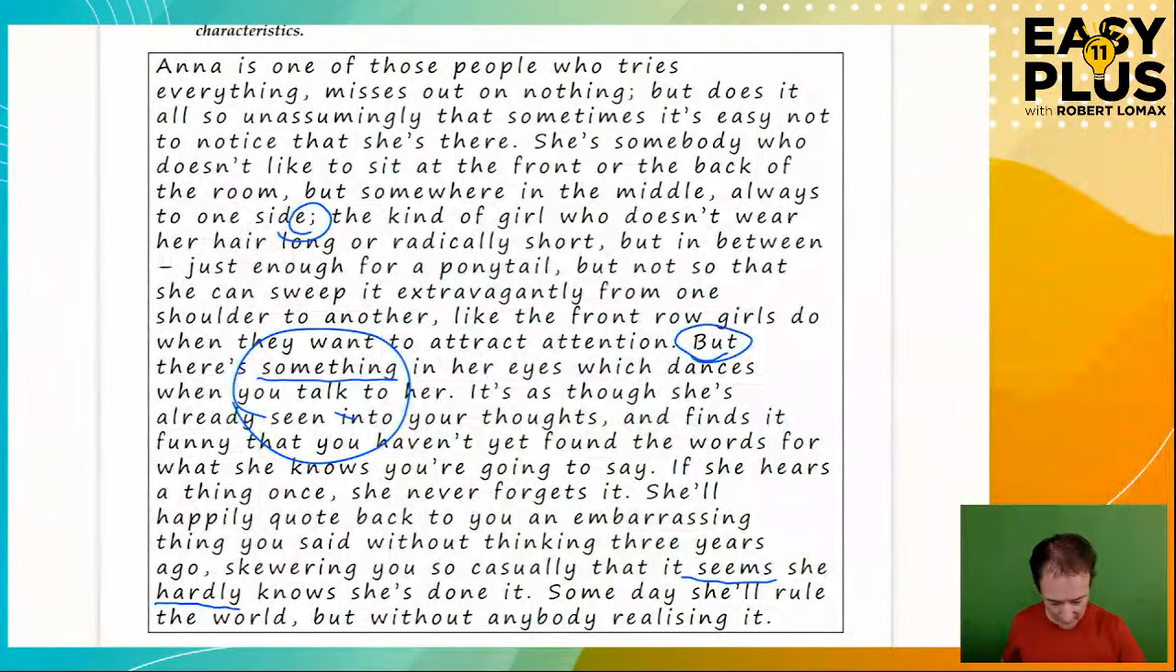Again, there's quite a simple structure to this. There's an introduction. Anna is one of those people who tries everything, misses out on nothing, but does it so unassumingly that sometimes it's easy not to notice. Got the added examples, just like in the piece about Jean. We've now got examples to back that up, which help to fill in what ways she comes across as so ordinary. And then this is where the structure is different from the Jean piece, because now we've got the twist